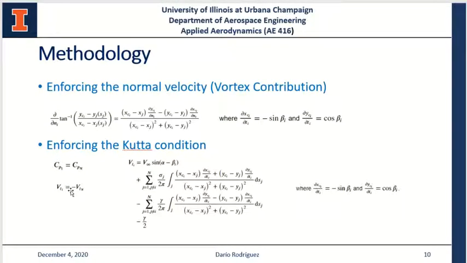up with the tangential velocity of the first panel being equal to the opposite of the tangential velocity of the final panel. So basically that is the reason why these two velocities have different sign, or they are opposite to each other. So